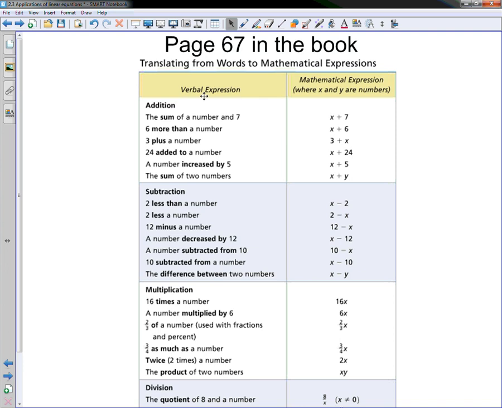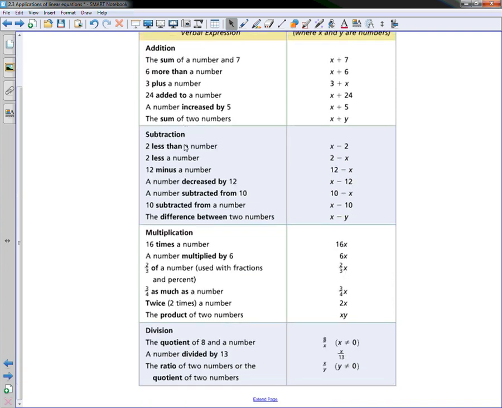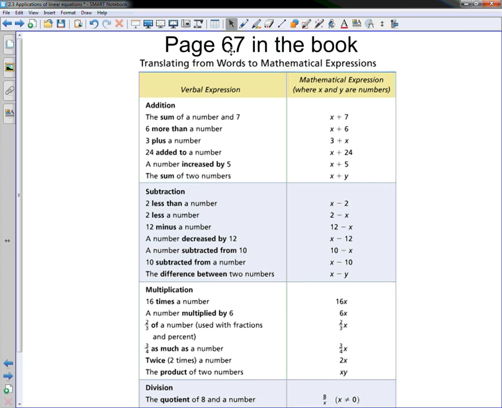So we have the verbal expression and the mathematical expression. You can see that it goes through and lists a lot for each different operation. I would suggest taking a moment and looking at this on page 67 of your textbook. Some of the popular ones that are missed